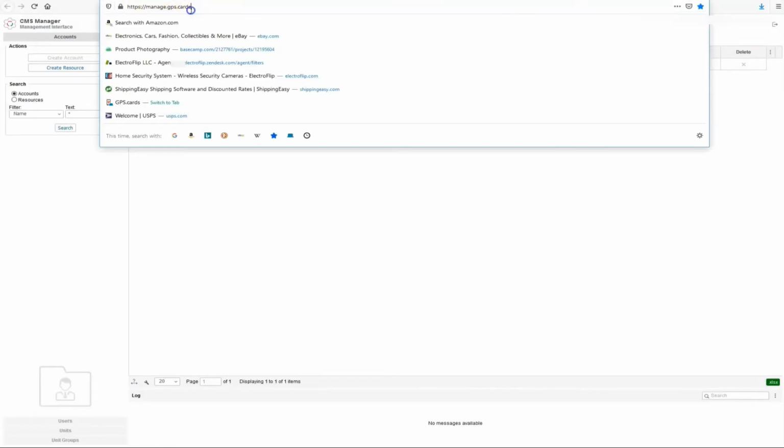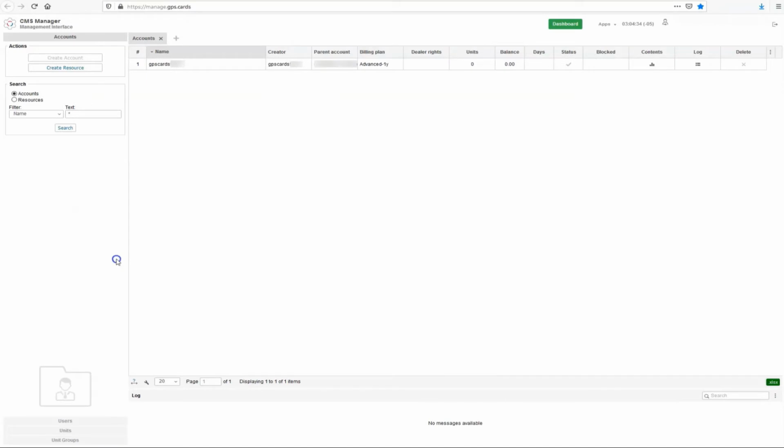And you will see this is called manage.gps.cards. This is already logged in, but you'll want to go to manage.gps.cards and log in.